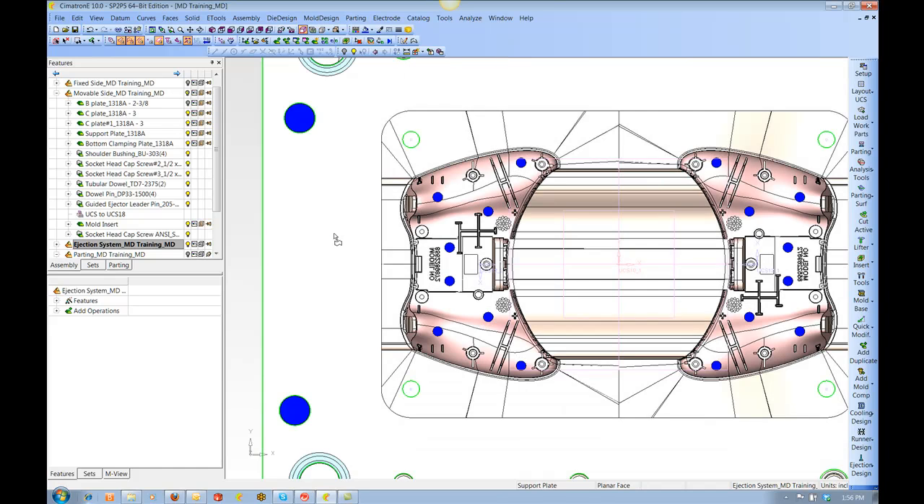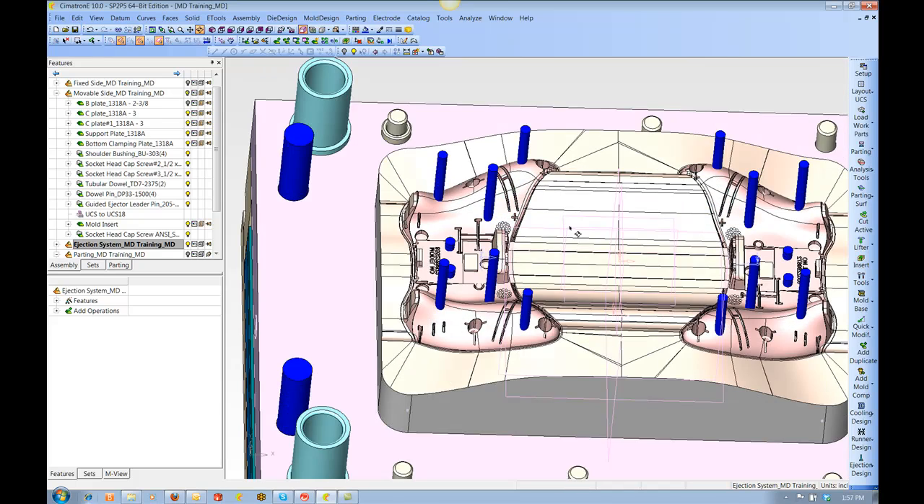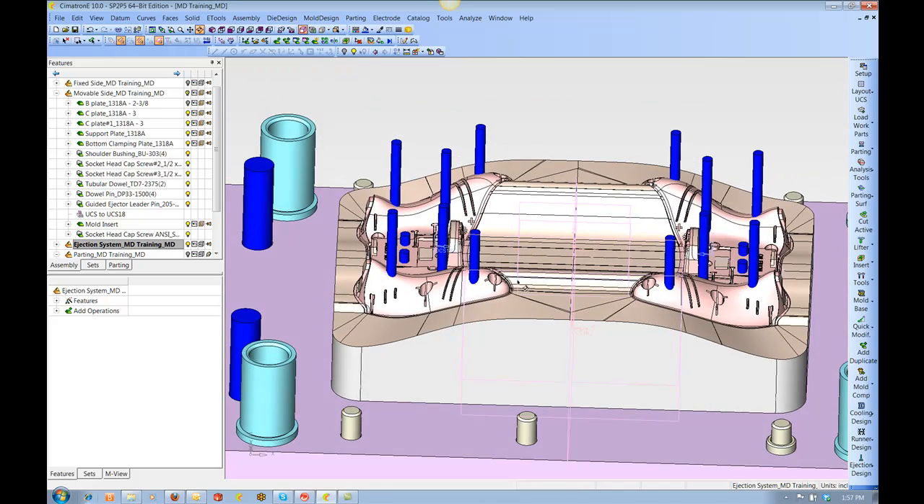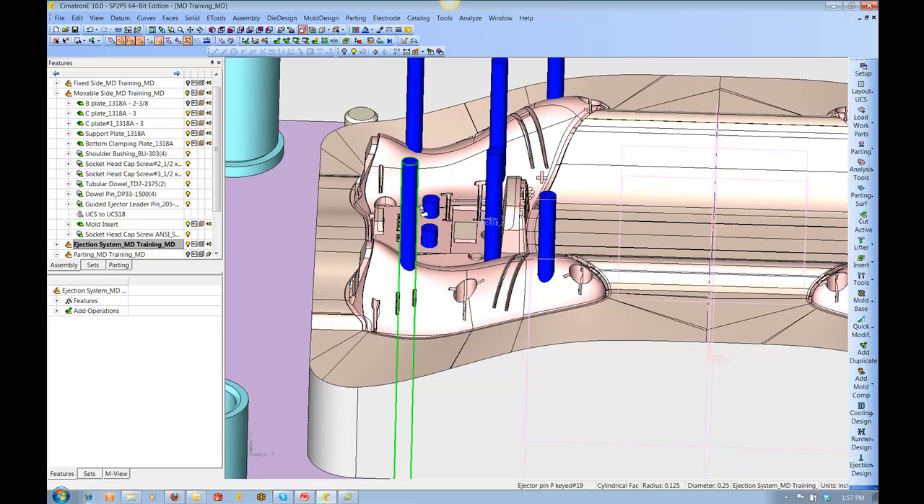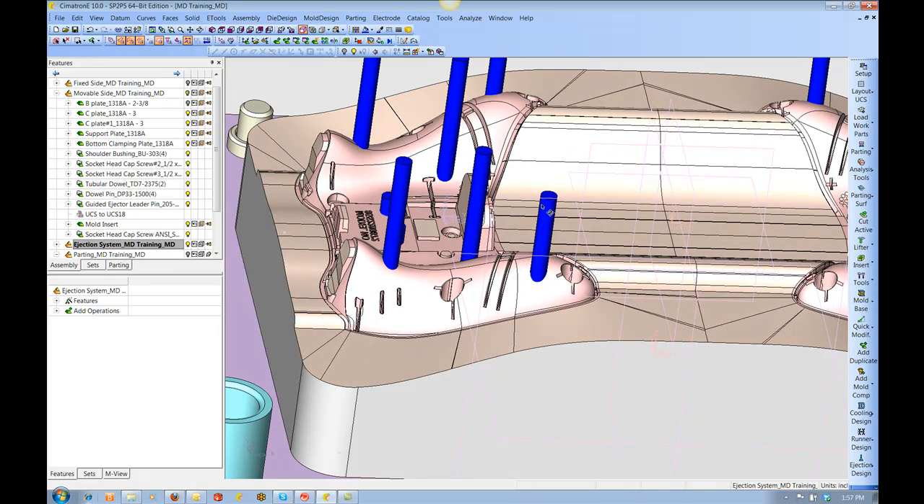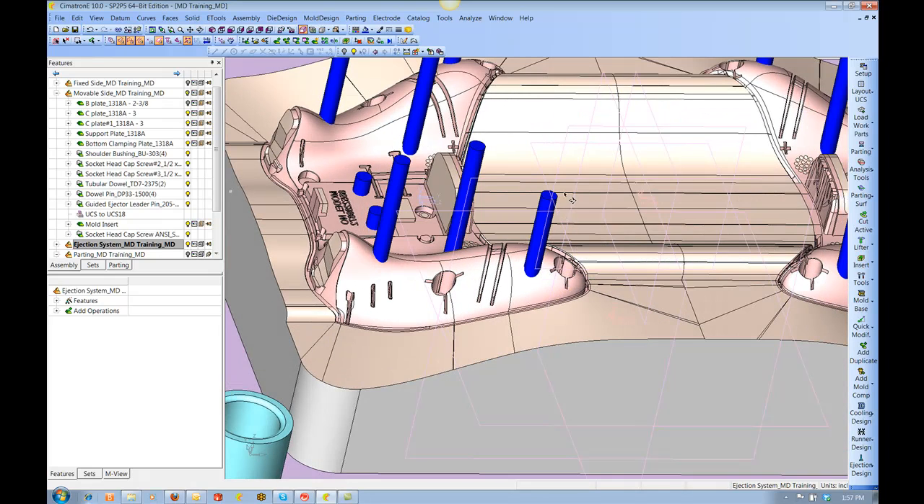Yeah, check that out. These pins are shorter because they could be. These ones are longer because they had to be. So even though I didn't pick different lengths, the software figured out what lengths went where. And if we look in the bill of materials right now,